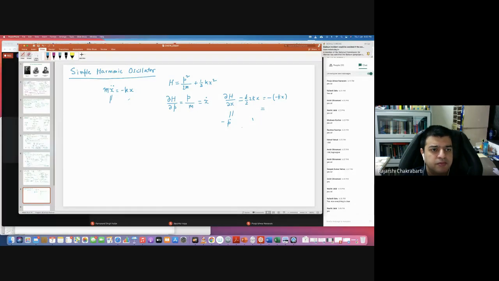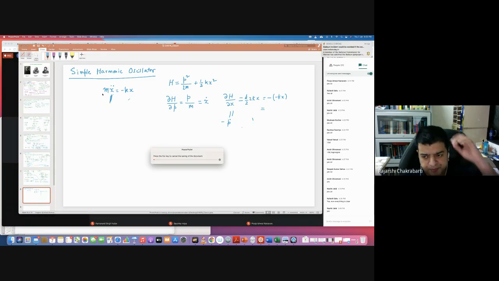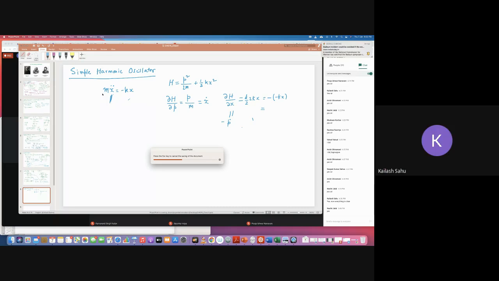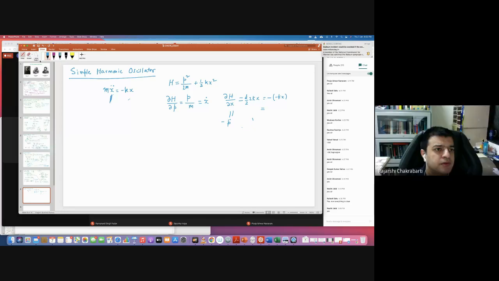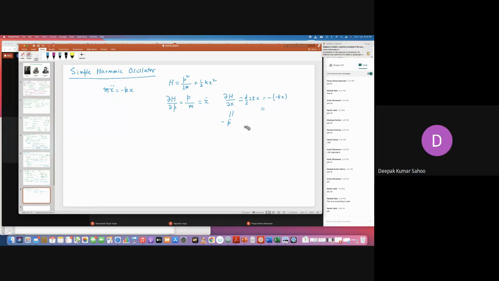Let me save this. I think it is quite big. The file is quite big. Maybe you can use Command Z for reverting instead of deleting. No. It is on Mac. Eraser should work. Why is it not working? That is the question. Sir, I think EndNote should be a better option.